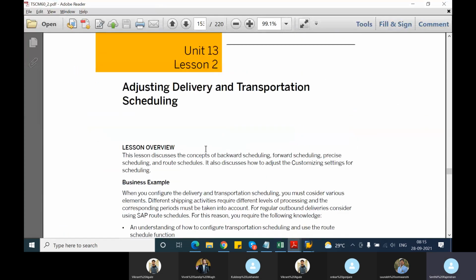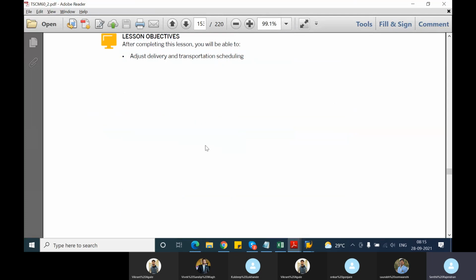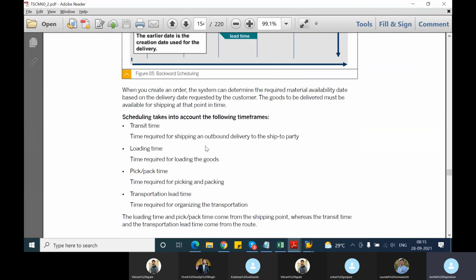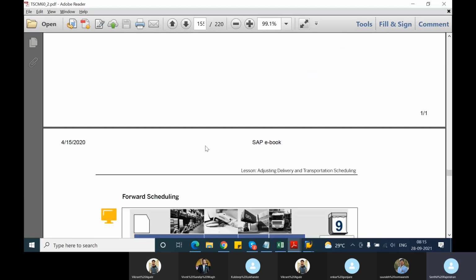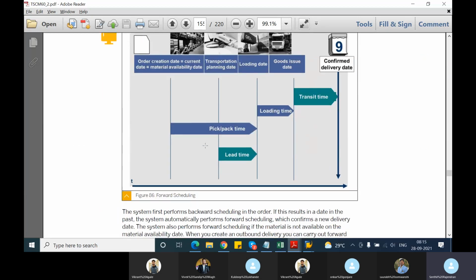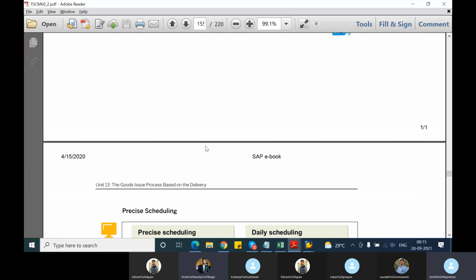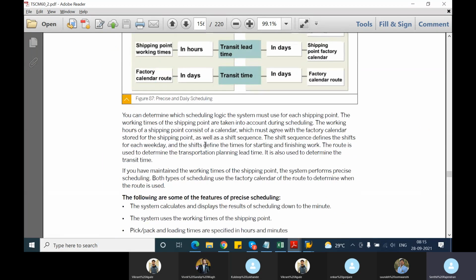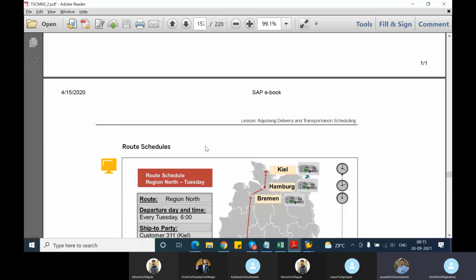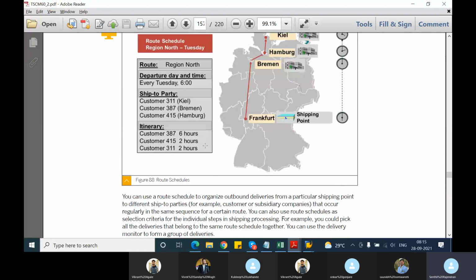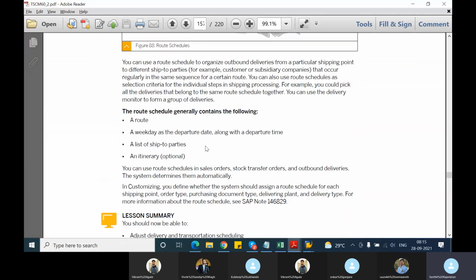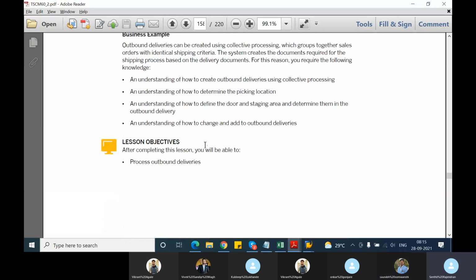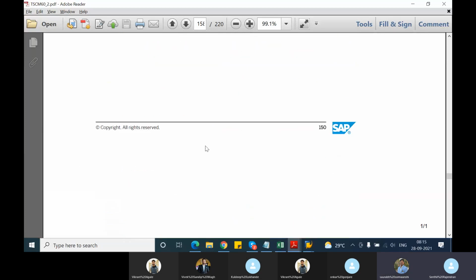So now we have completed one lesson. Then we have delivery and transportation scheduling. This also we have discussed. Maybe we can discuss this in much more detail tomorrow. What is scheduling? What is daily scheduling? That we will discuss based on the shipping points, factory calendar, and the route. Tomorrow we will discuss this, and then the last concept would be on how to process the outbound